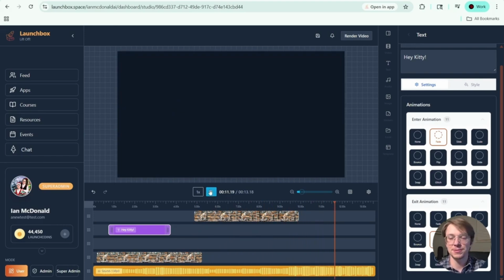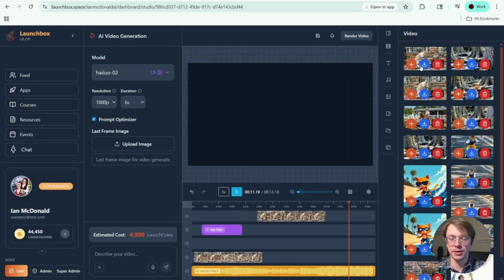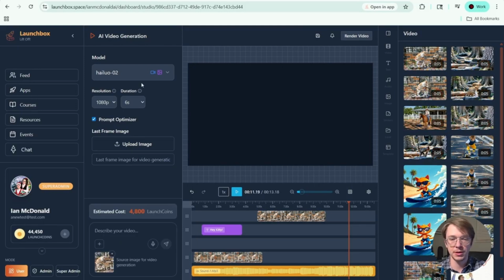So if you wanted to continue extending the clips, you can do that quite simply by hitting the video and clicking on the plus button, making sure you got the right model that you want to use there, and saying what you want to happen from the end of the last clip. If you want to continue, for this example, like the cat's riding a scooter, maybe on the next clip we introduce another cat on a unicycle. We could say, have a cat on a unicycle join the kitties on a scooter. And that way, again, it went from a 5 or 8 second clip to a 16-second clip, and you can continue on like